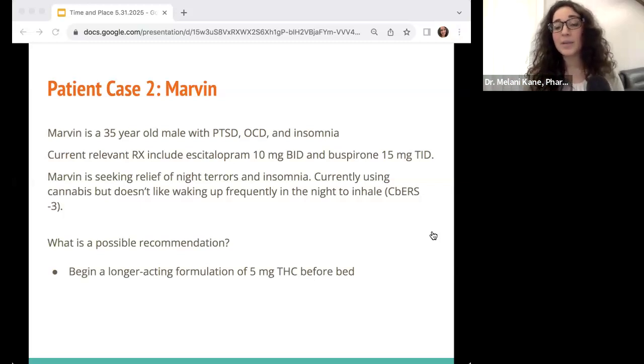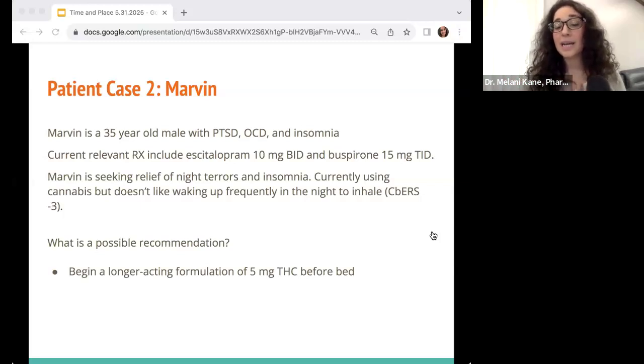So you always have to continuously reassess and make sure, first and foremost, no new side effects are presenting. So we check in with Marvin and we say, how are you feeling the next morning? And if he says something like, oh, I'm waking up with like a hangover effect, I feel groggy, dizzy, I still feel sleepy, I can't turn off my alarm.